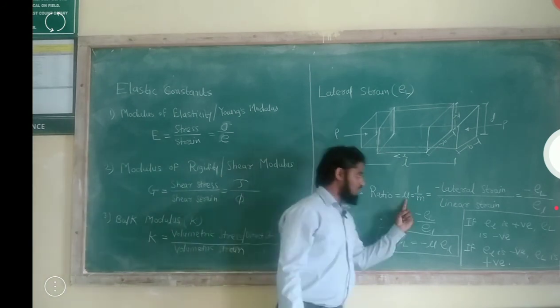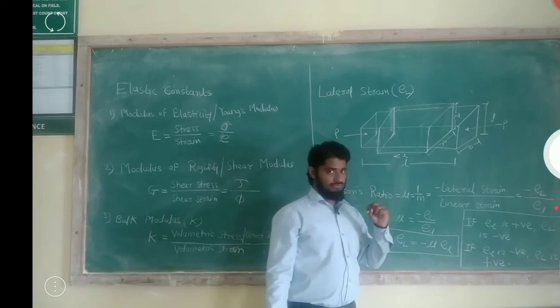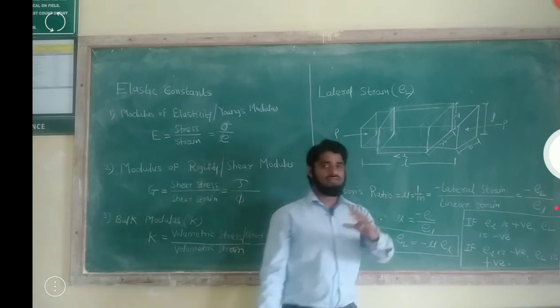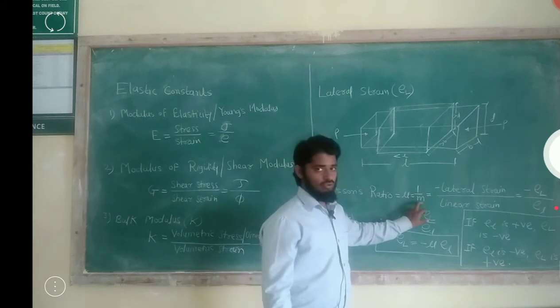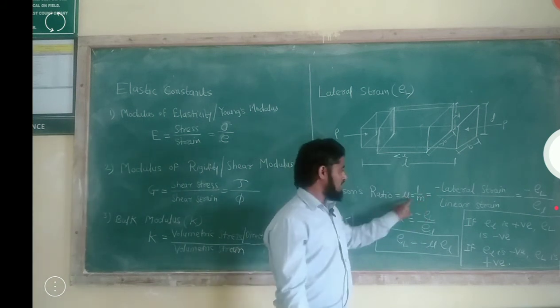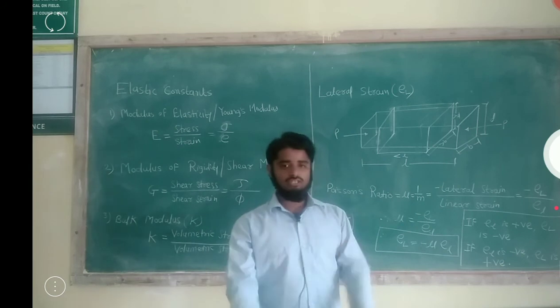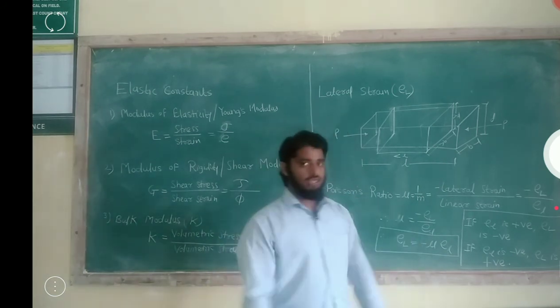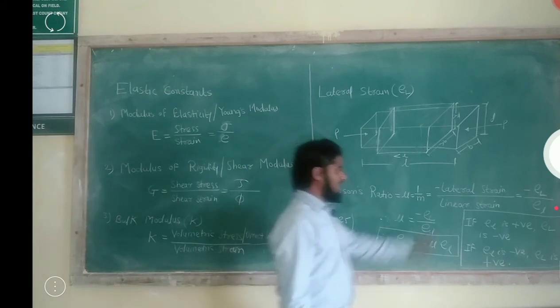Depending upon these terms, we have Poisson's ratio. It is denoted by mu or 1 upon m. You can write either one, mu equal to 1 upon m. Sometimes the 1 upon m value is given in the problem, so don't get confused. Mu means 1 upon m. Now what is the definition of Poisson's ratio? It is the ratio of lateral strain to linear strain,